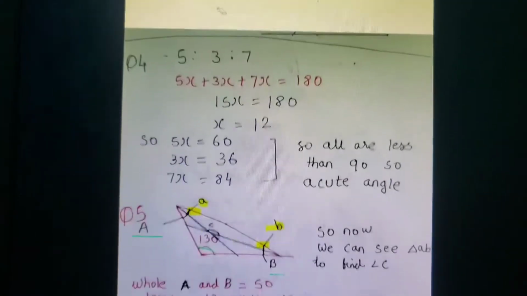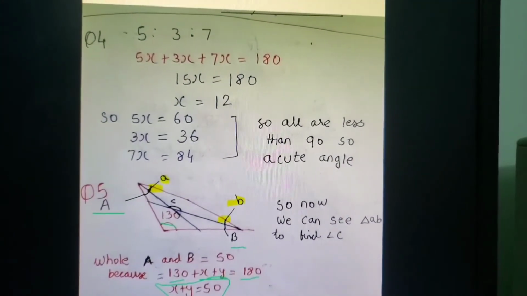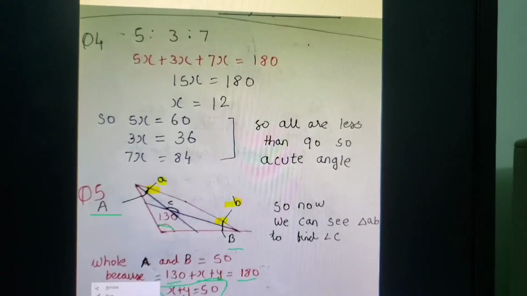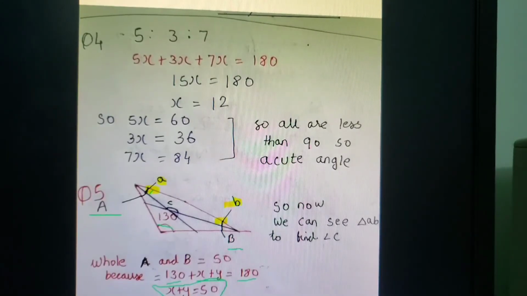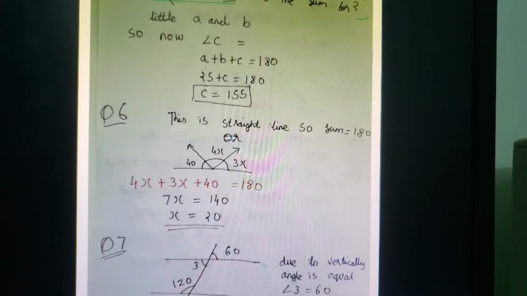So now moving on, okay, this is our question diagram. So I have taken this angle as 25 and this angle is 25. So this is easy now. The sum of the triangle is 180 degrees and we have got 25 as two angles. So we just have to find the angle C. So A plus B plus C is equal to 180. We have found A and B are 25 and C we have found as 155. If you understand the question, you can easily solve these types of questions. This line and angle are just for understanding and visualization.